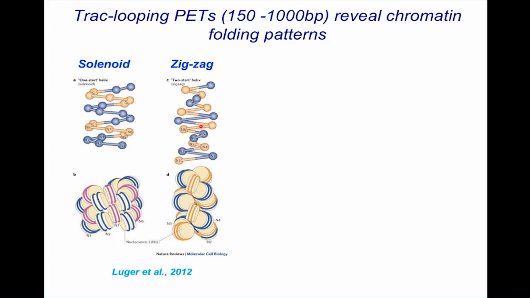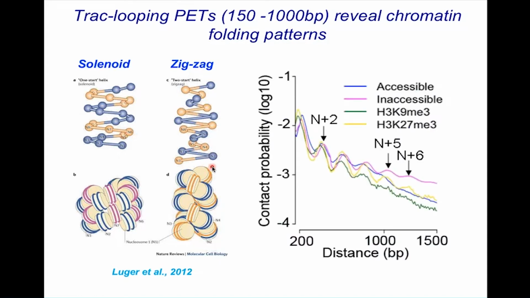But if it's a zigzag pattern, then insertion between N1 and N2, and the other end of the bivalent complex inserted between N4 or N5, therefore resulting PETs separated by 2 or 3 nucleosomes. So what did we see then in the genome? So this is